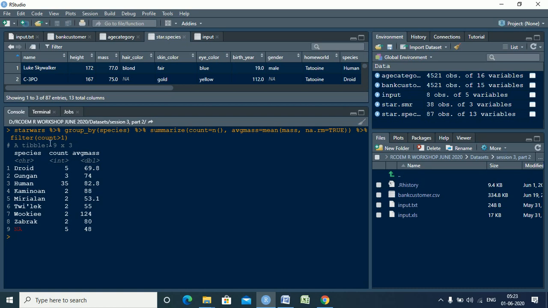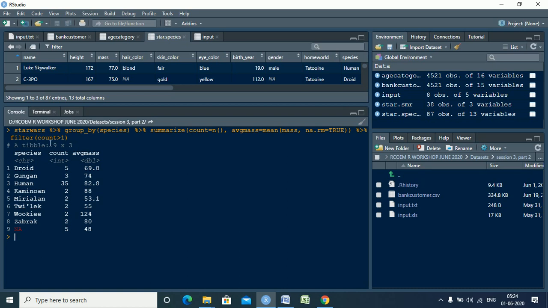So the pipe operator is just like putting your data on a conveyor belt, having many operations to be done one after the other. Basically these pipes let us apply operations in the order in which we think they should function, using the same data, where you have to use the percentage greater than and percentage symbol. So this is a pipe operator. R can string multiple functions together by incorporating this pipe operator.